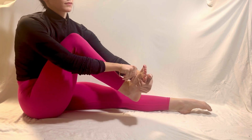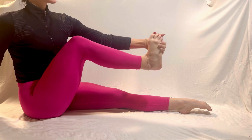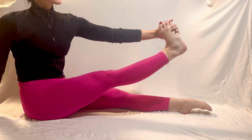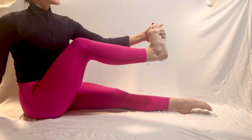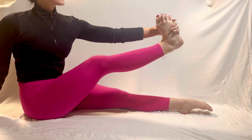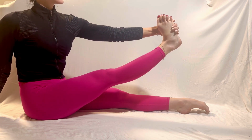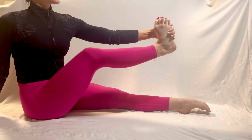So we're going to take the opposite hand, turn the heel to face inside, and then we're going to straighten the leg. Sitting up nice and straight so you get a proper stretch in your hamstring, you're going to repeat 12 of these. Pulling in and pulling out, keeping some good tension in your elbows so you're really pulling that foot into